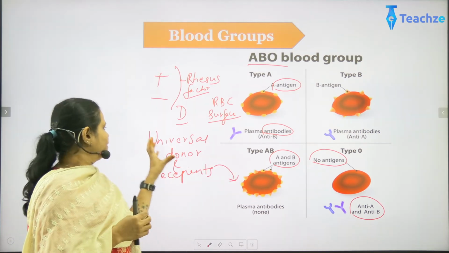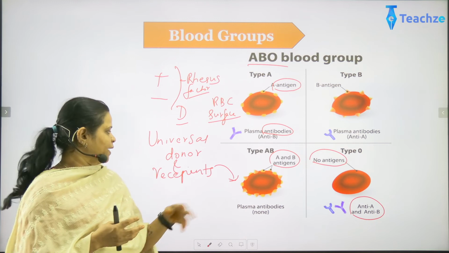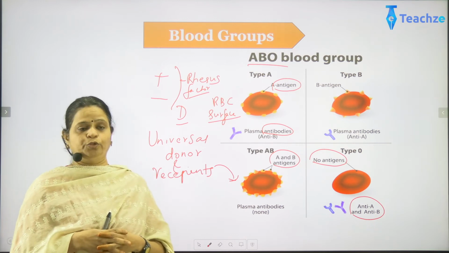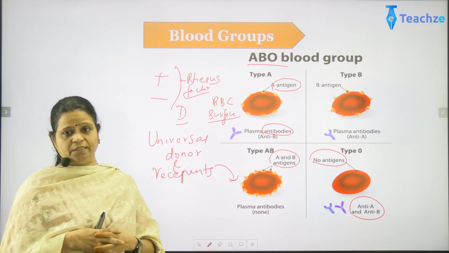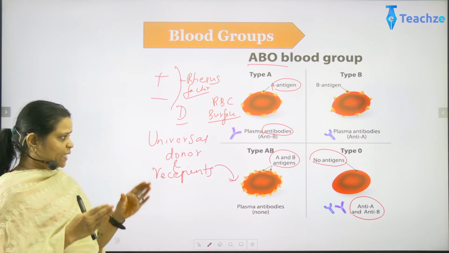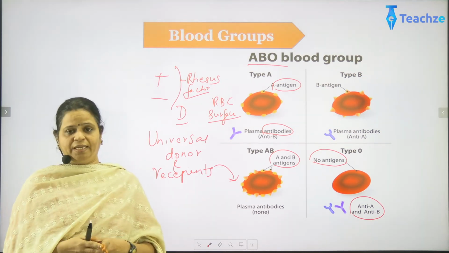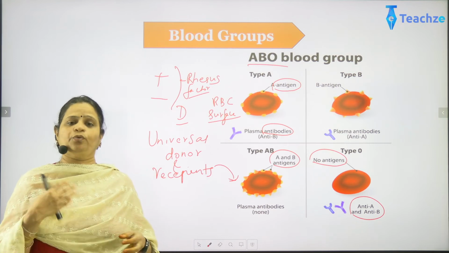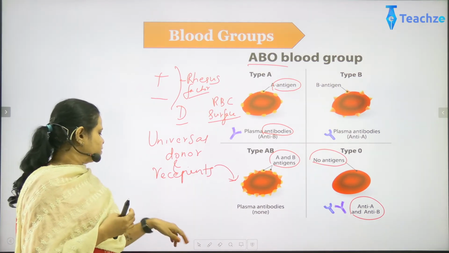So coming to this, the universal donor is the O blood group and the universal recipient is the AB blood group. Now, that's all with these blood groups here. This one will be a part of the system we have taken just now. Now let's look at some of the questions which can be